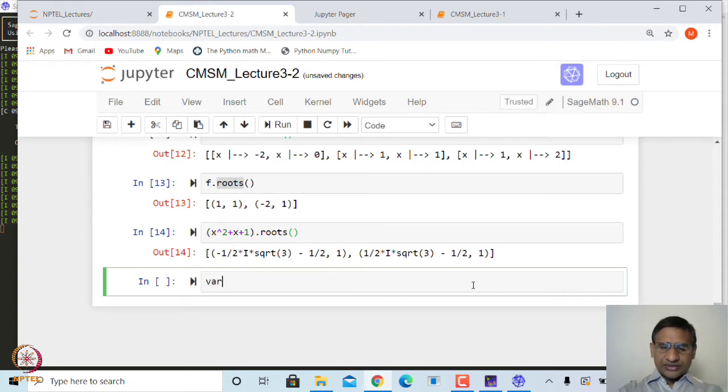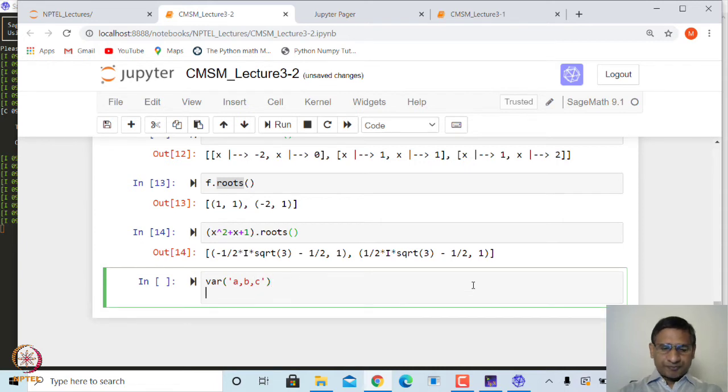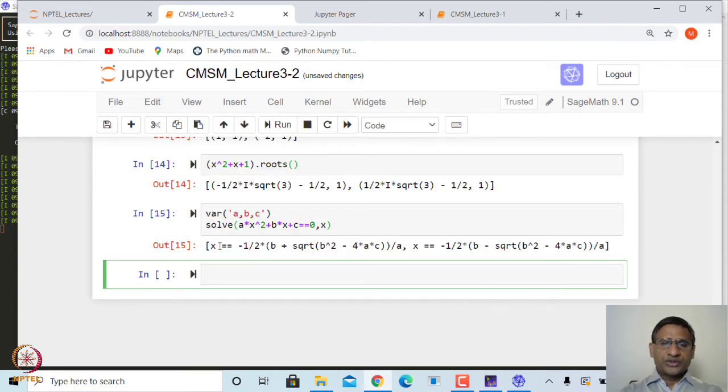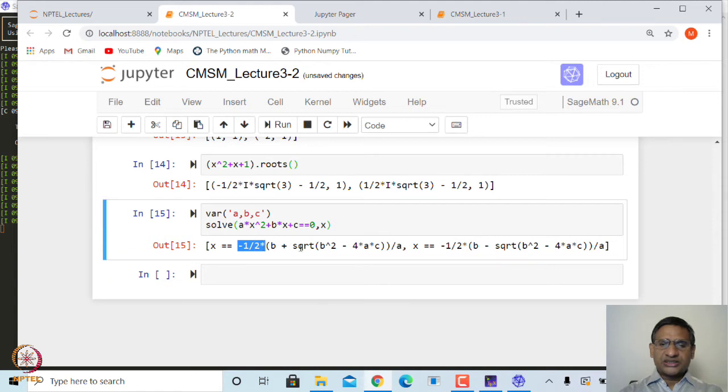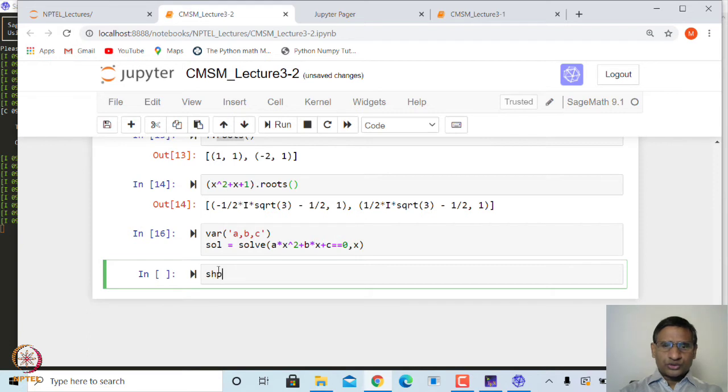So, how do I declare? I will say variable and in the bracket a comma b comma c, and then I want to say solve, for example, a star x square plus b star x plus c equal to 0 for x, then it will show you the first root is minus half into b plus square root b square minus 4 ac upon a, and the second root is minus half into b minus square root b square minus 4 ac upon 2a. So, let us store this in solution SOL,